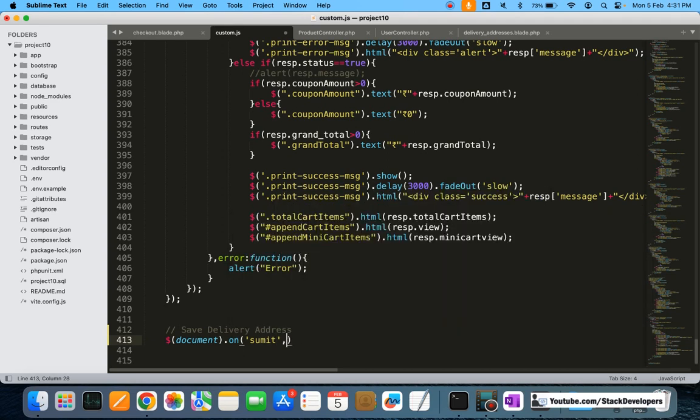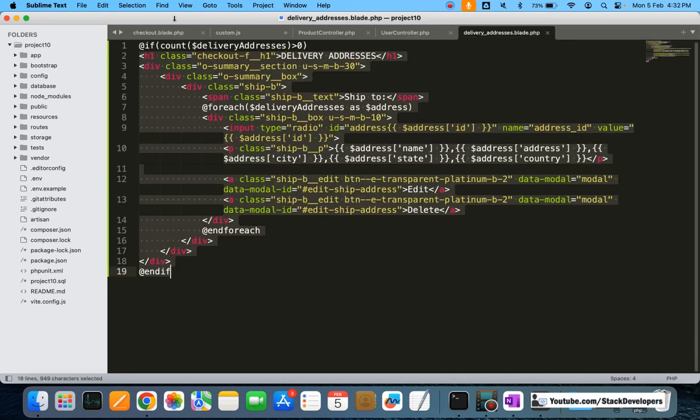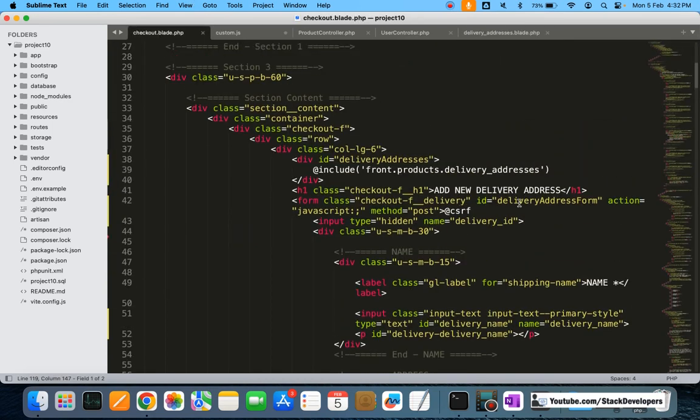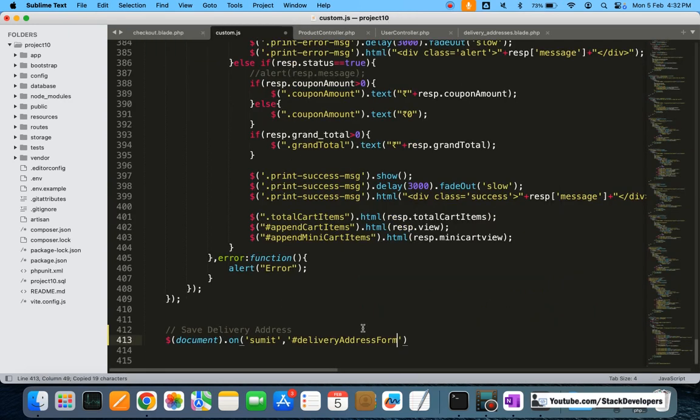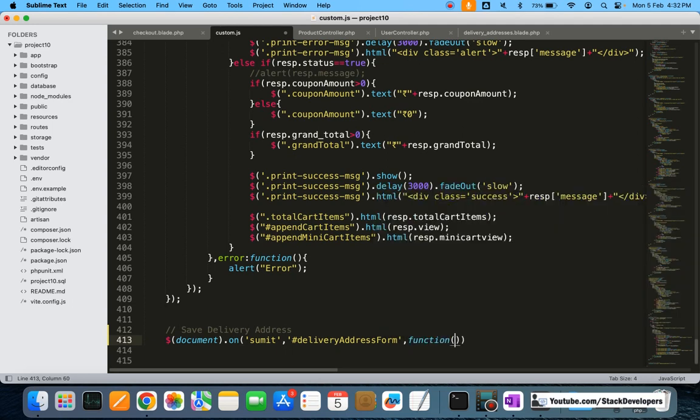Then that form id that we are using, now its name is, I'm going to check, delivery address, I think. Yeah, delivery address form. Okay, so we are going to add this one, delivery address form, and function. After this we're going to add function like this. Okay,